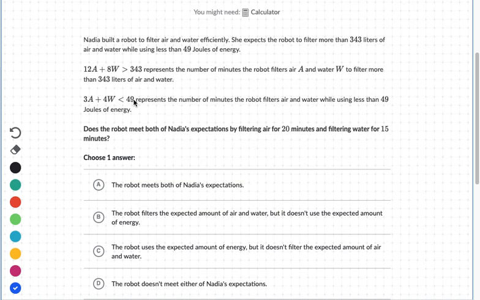Okay, so it uses, which I don't know anyone that measures their things in joules of energy. Usually they use amps or watts. Anyway,